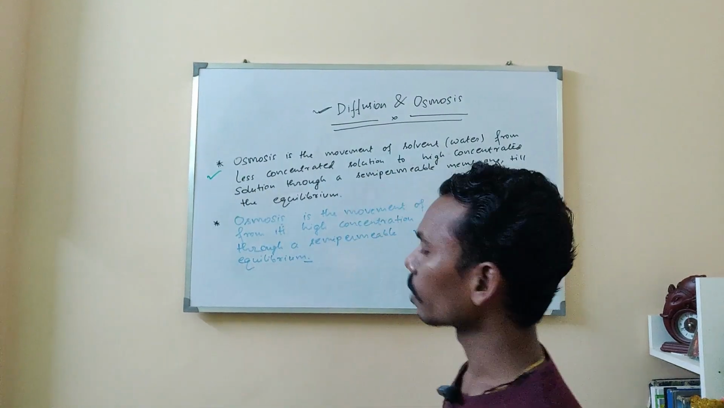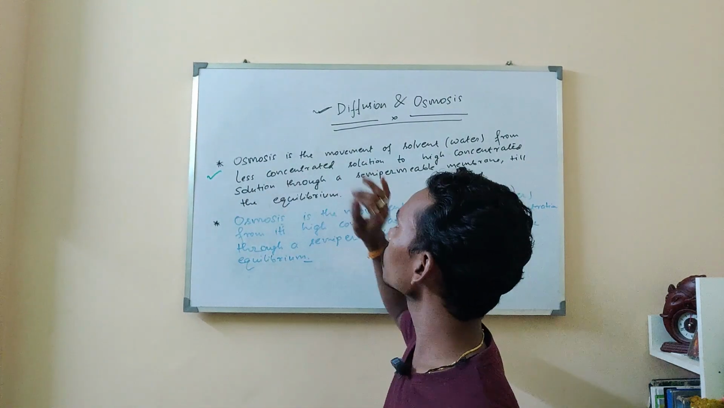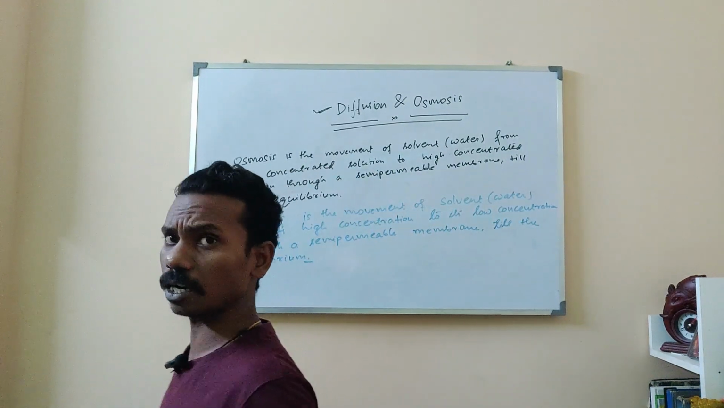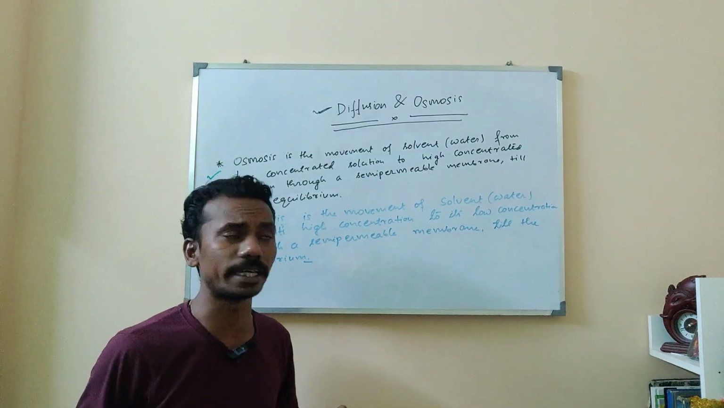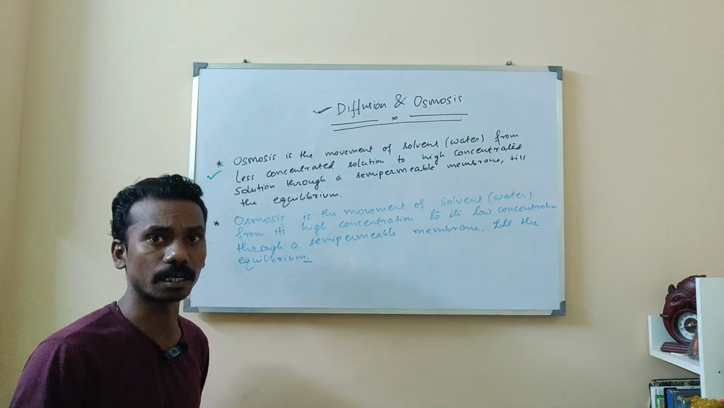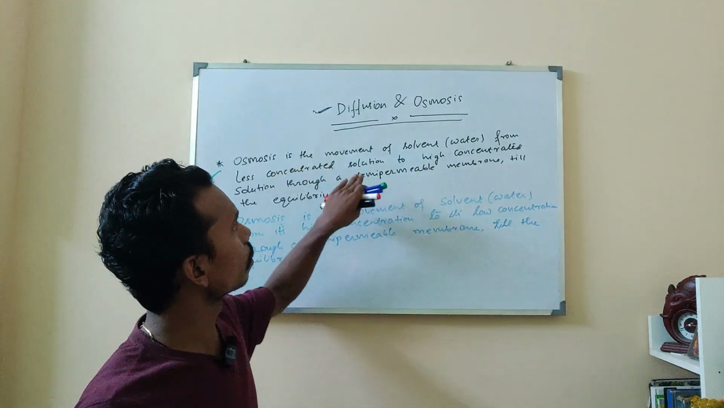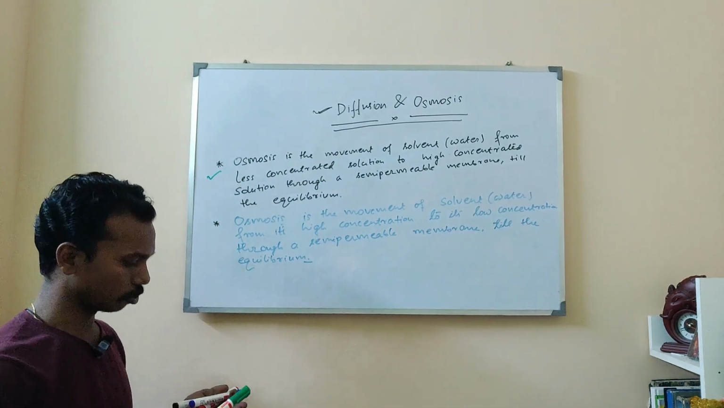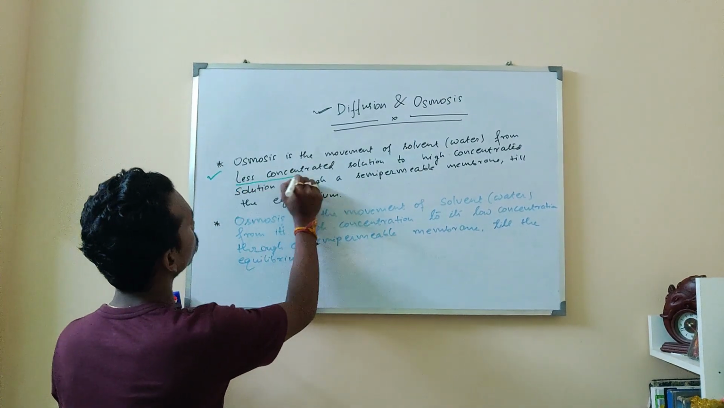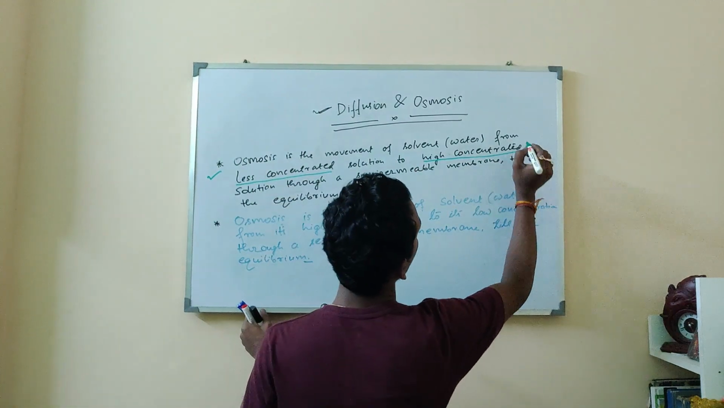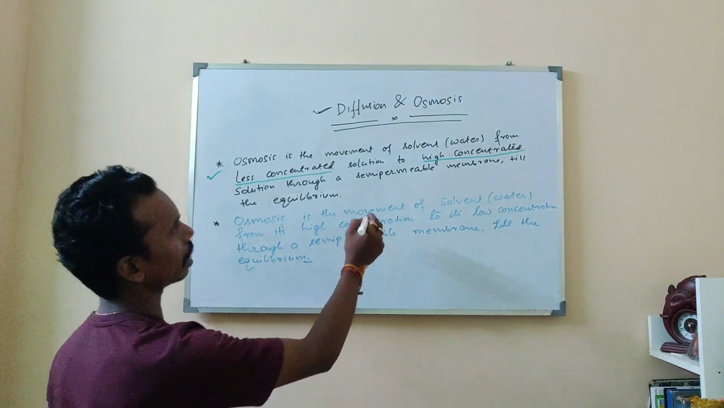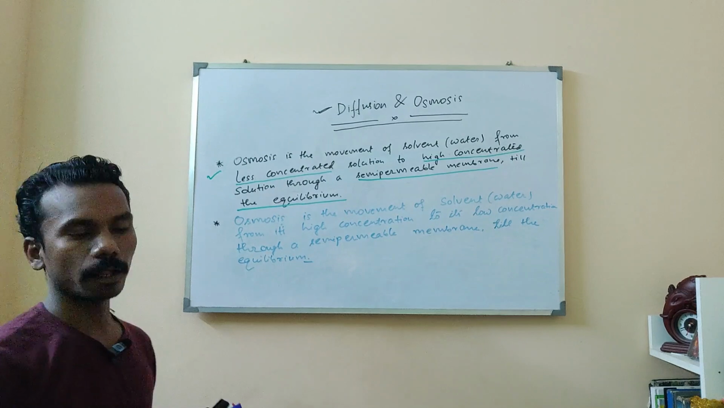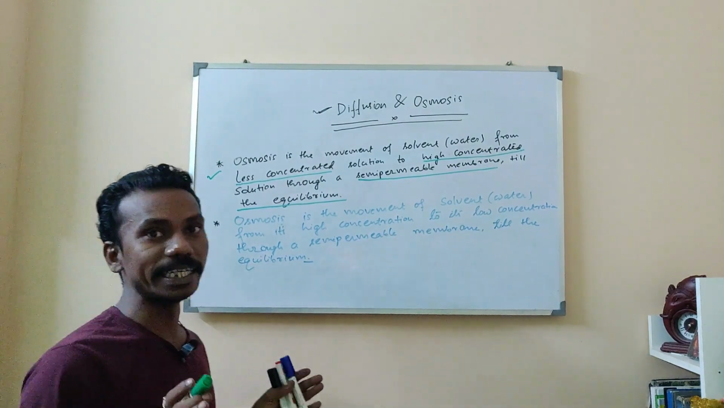The osmosis says in the first definition that the osmosis is the movement of solvent, whether it is alcohol or ether or something else. We are going to take the water as a solvent here, a very common example of solvent. So osmosis is the movement of solvent, which is water, from the less concentrated solution to a high concentrated solution. Focus upon these words. Less concentrated solution to high concentrated solution through a semi-permeable membrane till the equilibrium. So there are some basic things that needs to be written in the